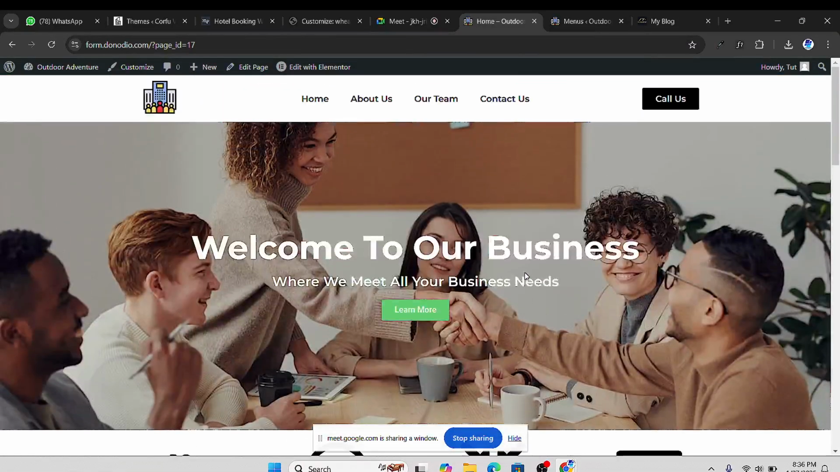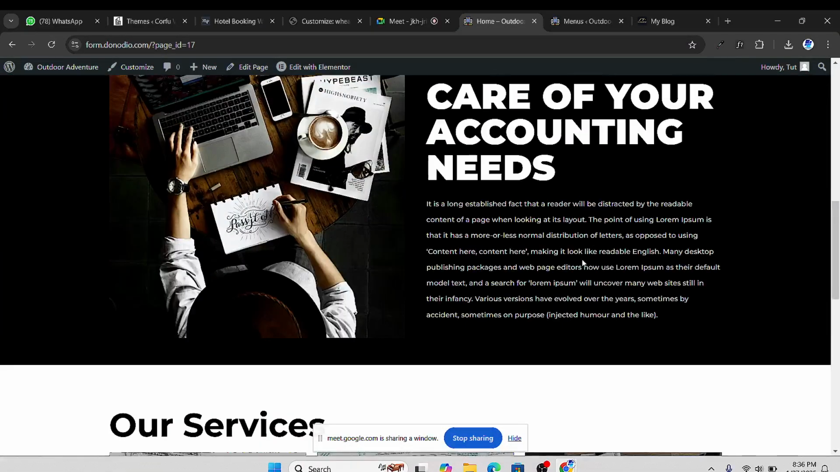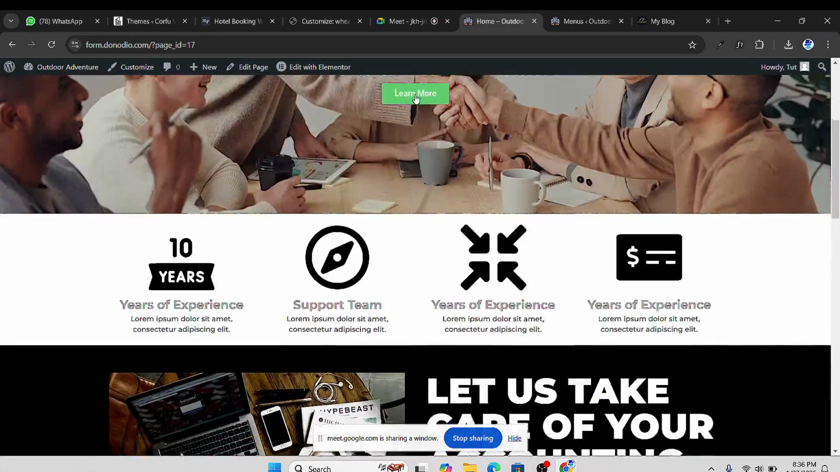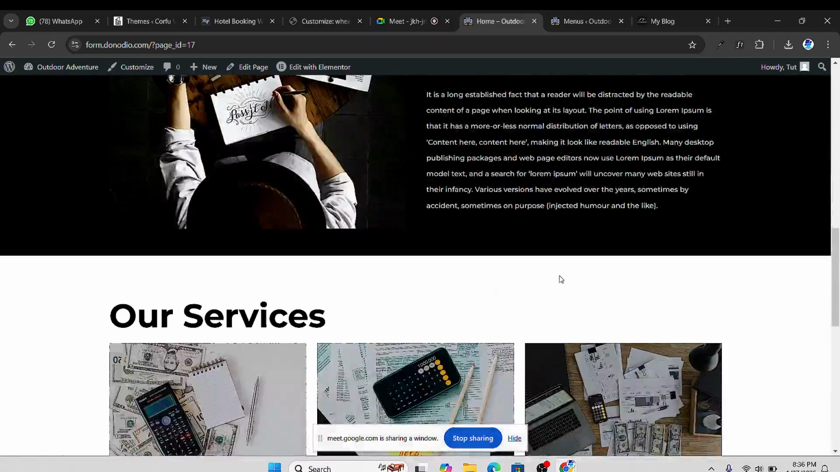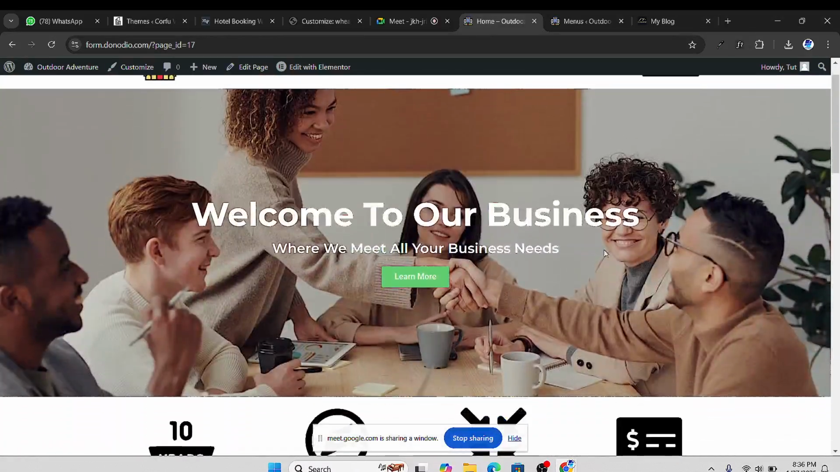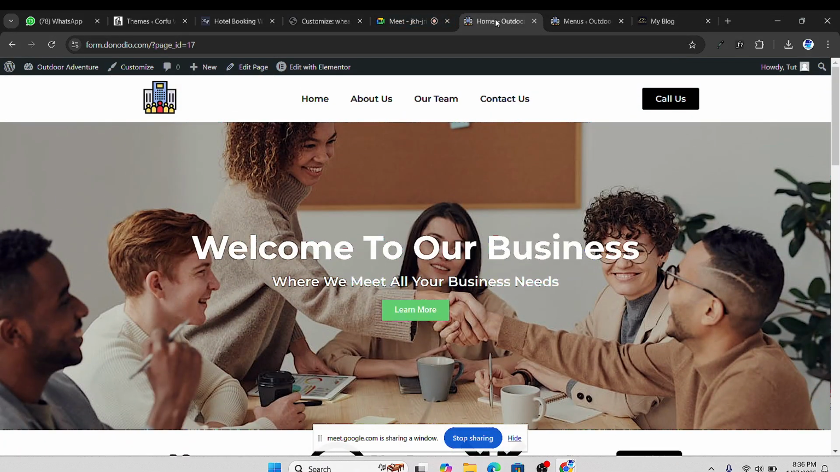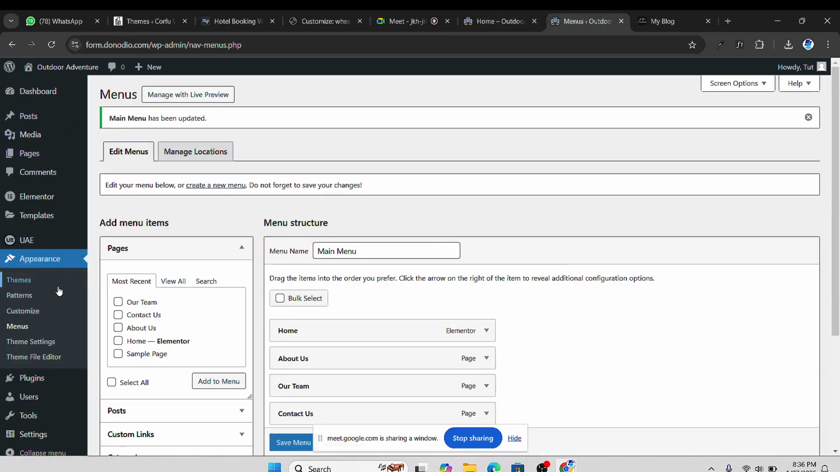Now, what we want to do is create these other pages. So we'll start with the about us page. Let's start with the about us page. So we'll come to the back end, come under pages,